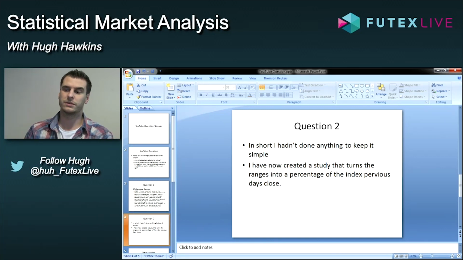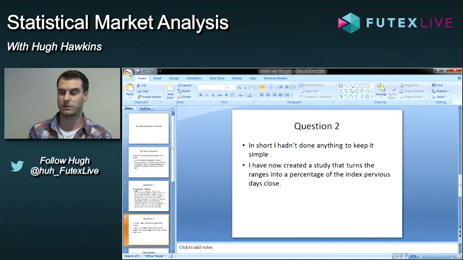So all I did was I created the same studies again, and we'll go through them in a minute. I can do this with quite a few of my studies, and I'll slowly start putting these other studies together so we can see how they differ. But essentially, all I did was turned the ranges into a percent of yesterday's close. So I take the close from the previous day, and then whatever I'm looking at, I reference it in terms